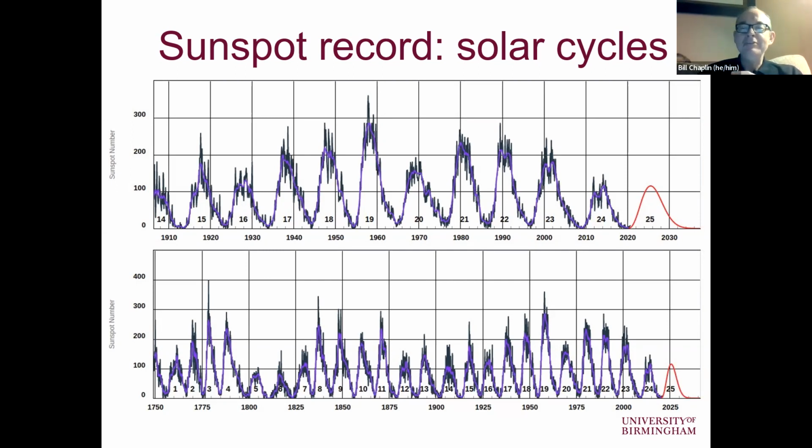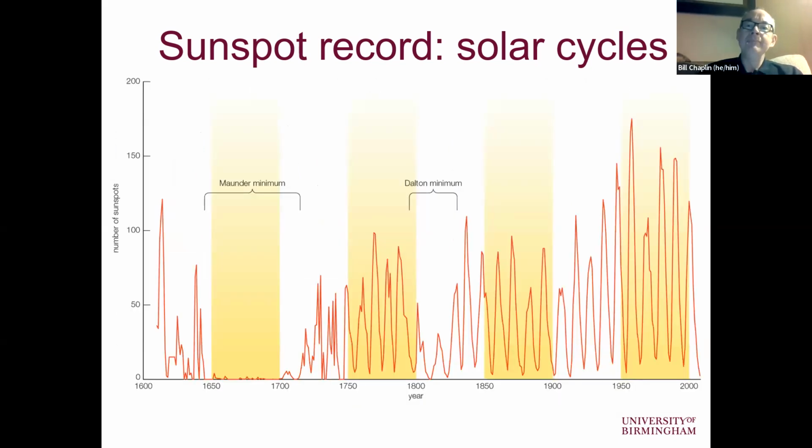There has been some very speculative speculation about whether we are heading into a grand minimum or not. And of course, that is driven by reconstructions of the sunspot record using things like tree rings and ice cores. Actually, these data here are genuine sunspot records, but you can go back further as well, and you see other periods like the Maunder minimum and the Dalton minimum, where clearly the dynamo behavior of the sun was very different to what we see now, and periods where you get very little, if any, intrinsic variability due to spots.